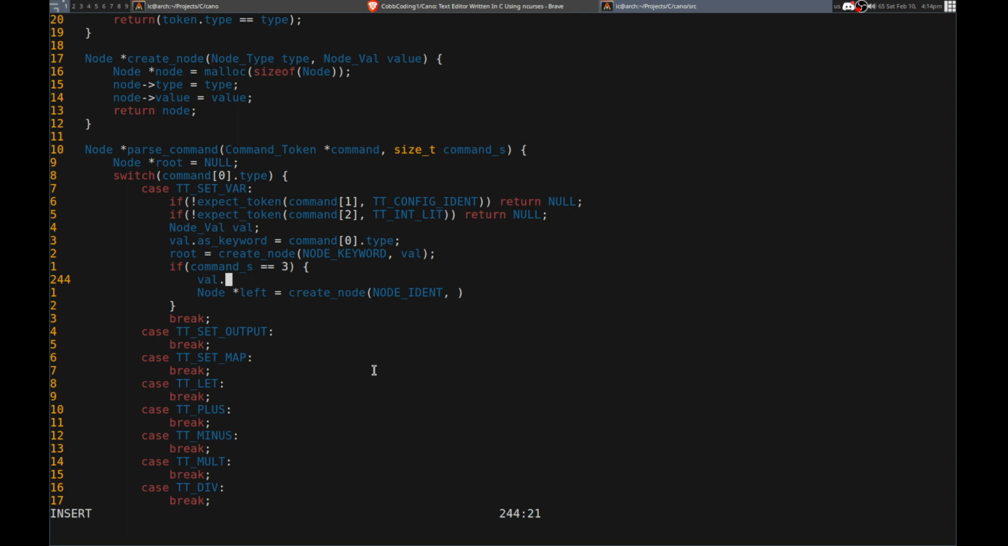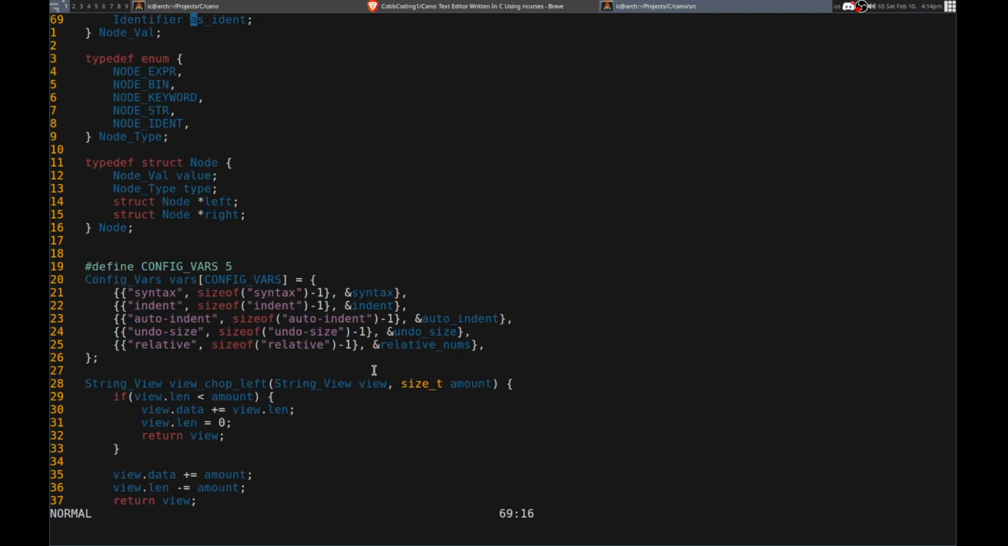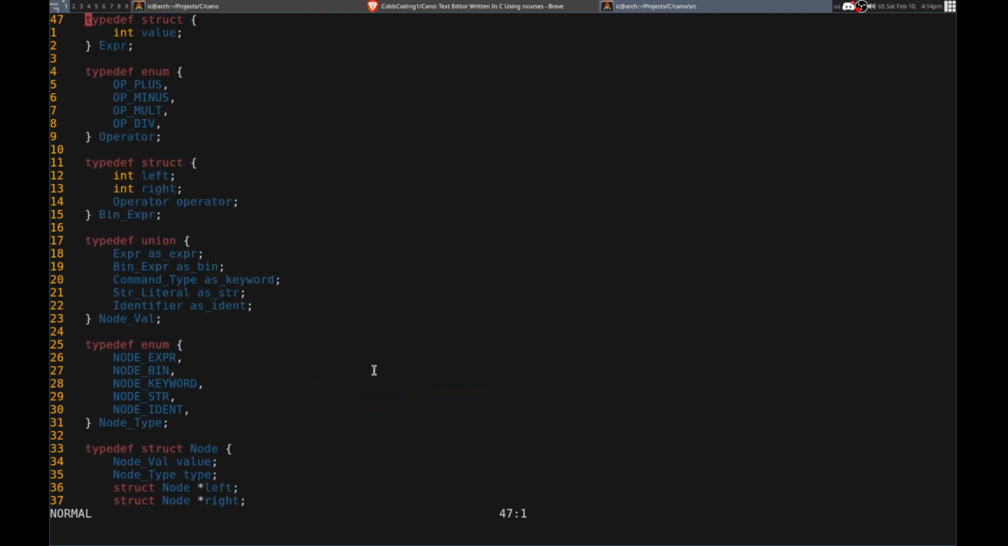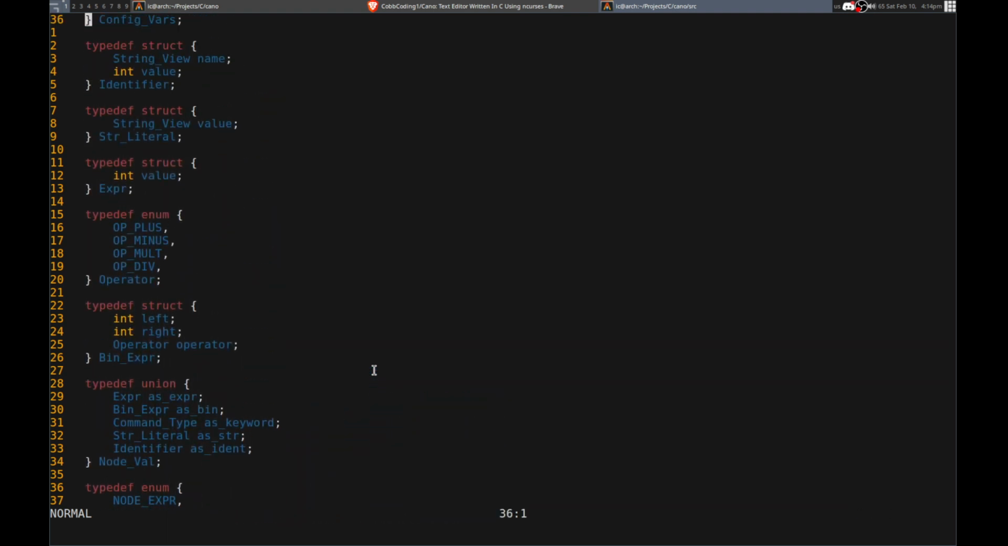Okay, val dot as ident equals. So how do we do that? We need to make an identifier, which really